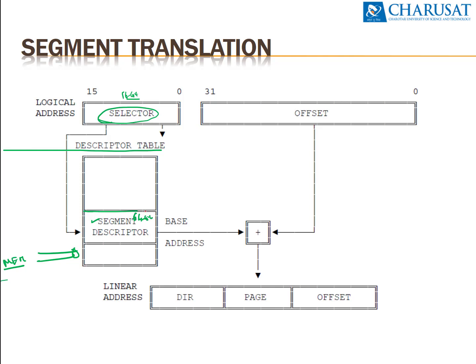So this is one entry of the descriptor table, which is known as a segment descriptor, which is 64-bit length, and this 64-bit contains a 32-bit base address. So we will get the 32-bit base address from the 64 bits. And then this 32-bit base address and the 32-bit offset will be added together to generate a 32-bit linear address. Sorry, 32-bit linear address. This is 32 bits as well. So now let's go in depth into the selector and this segment descriptor.